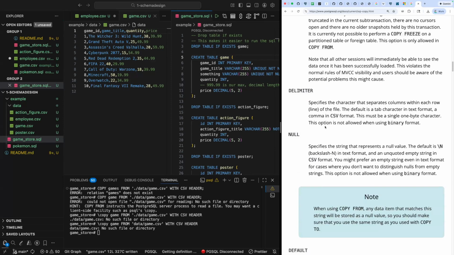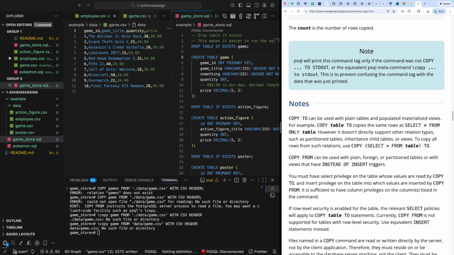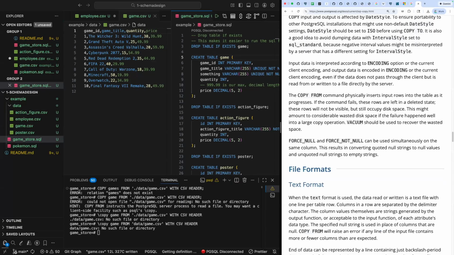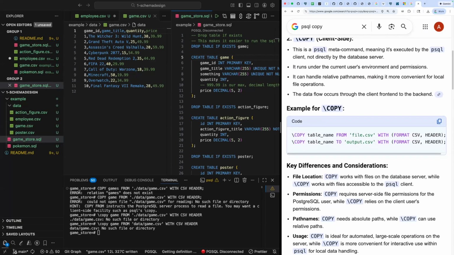So probably not in. I just want to see if they have an example here. And I might just use the AI. Here we go. So this P-SQL command, copy table name